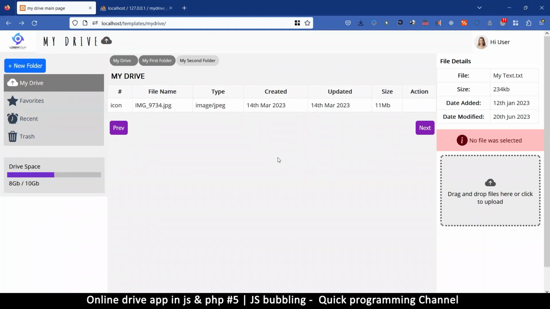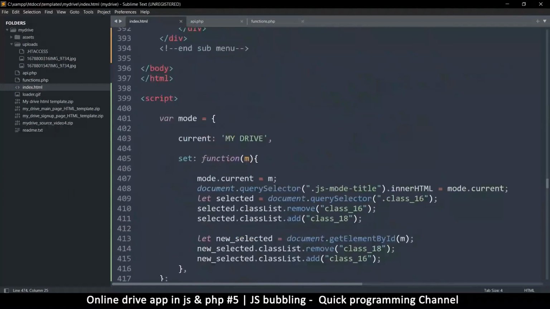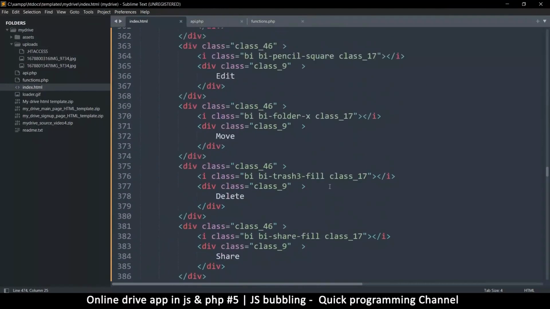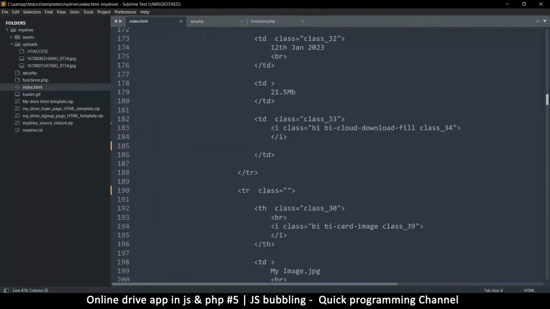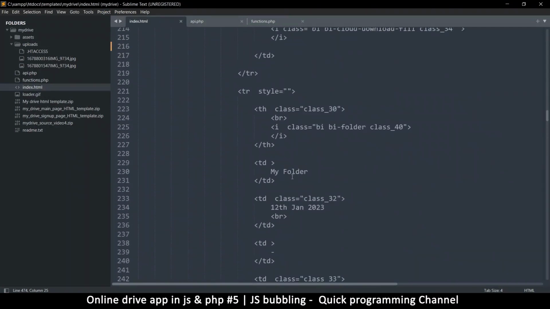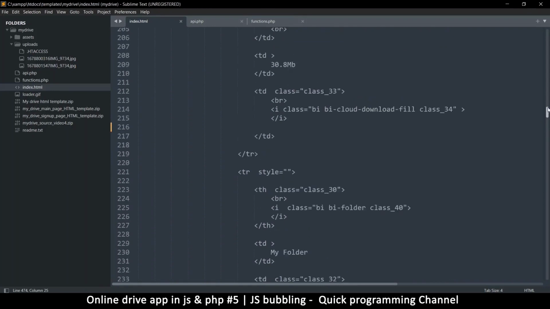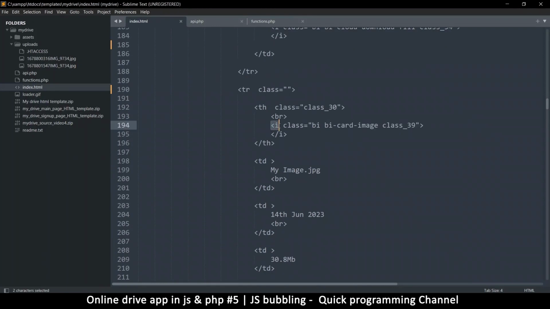So we can add an icons list for the file types. So if I go to my HTML section here, there's a part that I muted here, which has an image. Let's see, this is a TXT file. This is my folder. I'm looking for the image version, which is this one, my image.jpg. So that's the icon for the image. And it had a class there correctly. So I'm going to copy that and come back here